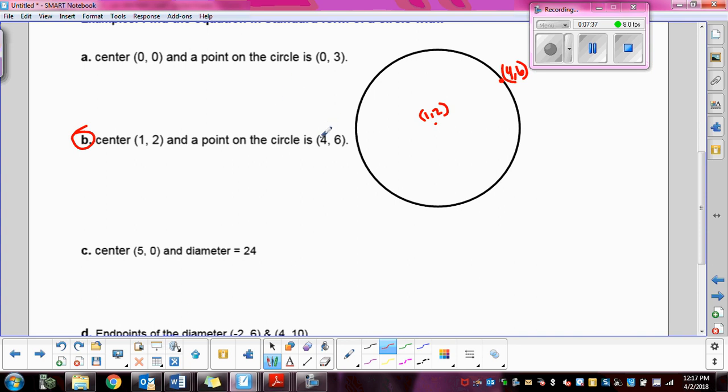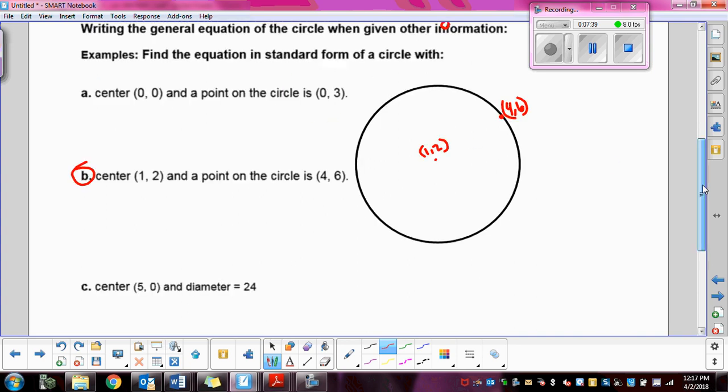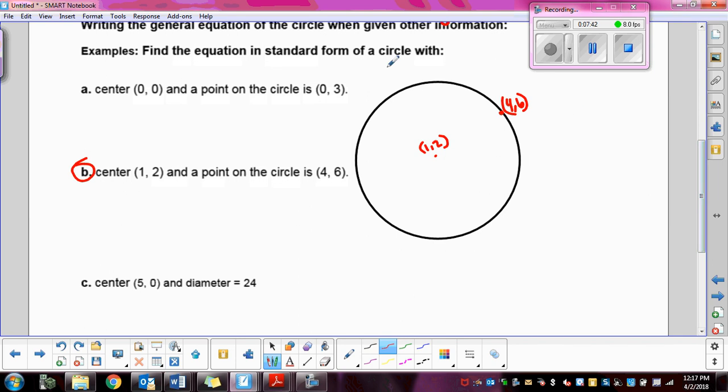What we need in order to write the equation of a circle, which they're asking us to do, find the equation in standard form of a circle. Okay, we need the center, which we have, and we need the radius. So how are we going to find the radius from this, which is the distance from the center to a point on the circle? They're all going to be the same distance, and these are called the radii, or one is called the radius. What we're going to do is use the distance formula to find out what that distance is. So those are my 2 points, and you guys should be pros at the distance formula by now,